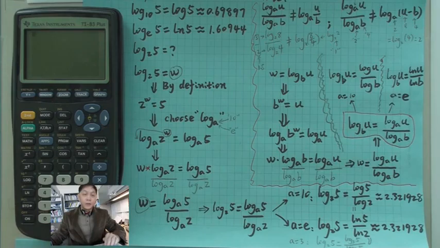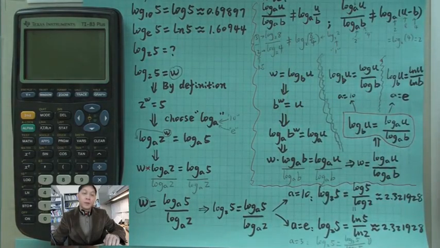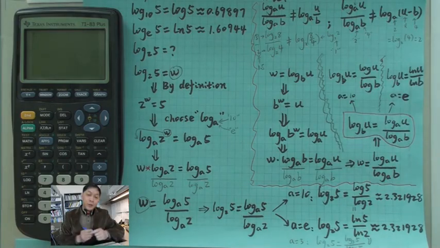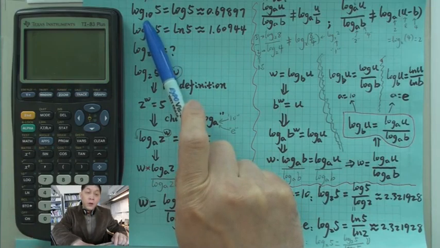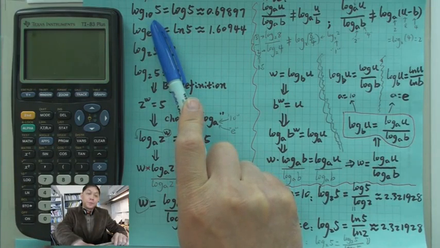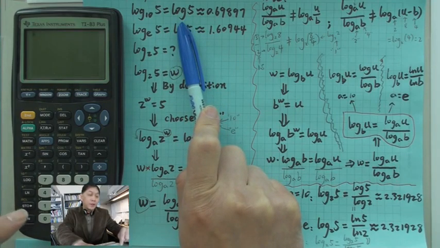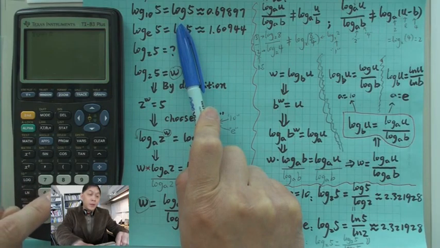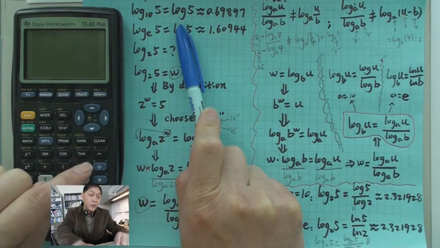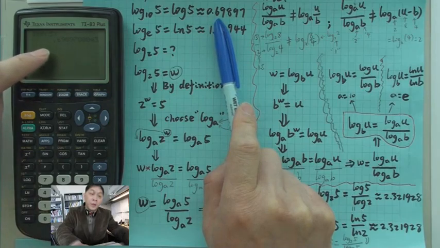In this lecture, we will talk about the change of base formula. Why do we need to do that? We know for log base 10 of 5, the calculator can do it. You can input log and then 5, close parentheses. You hit enter, you have the answer. That's about